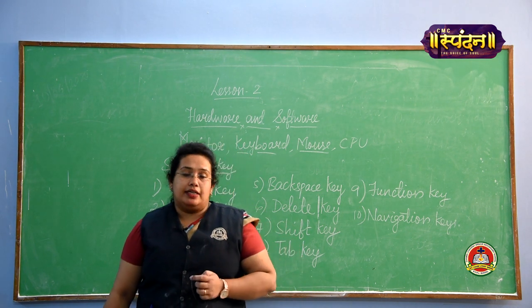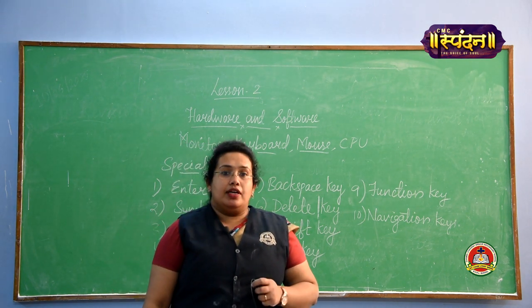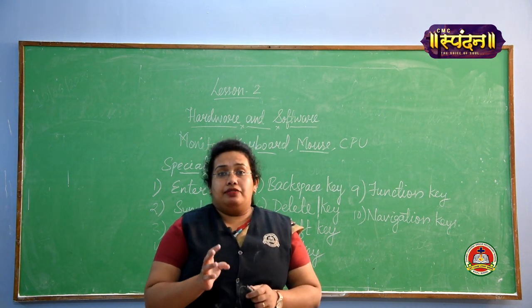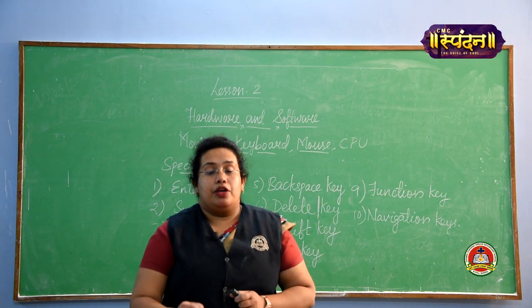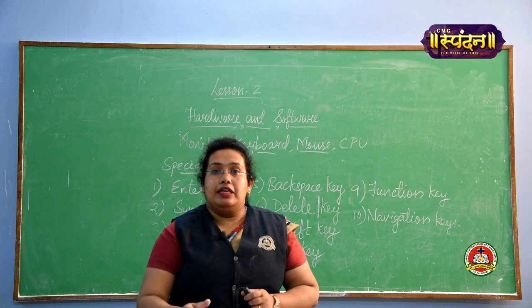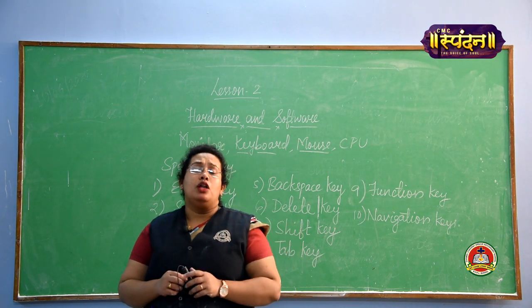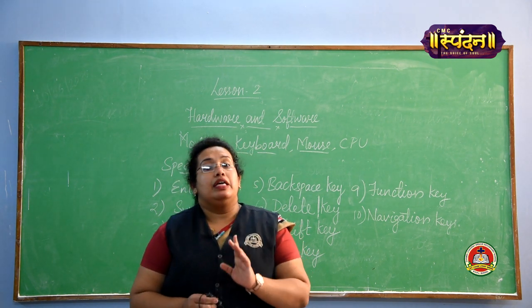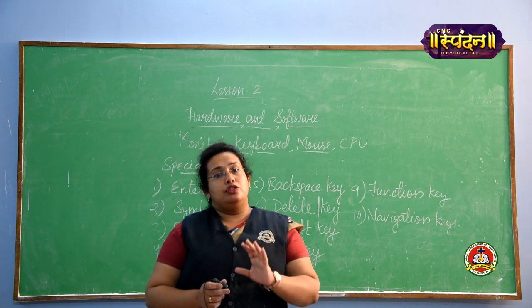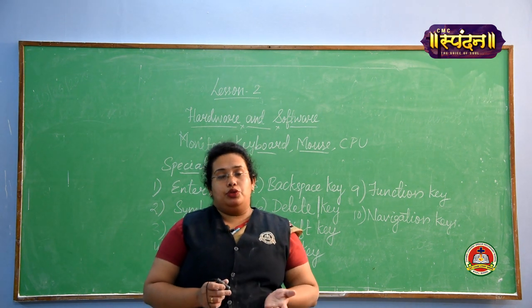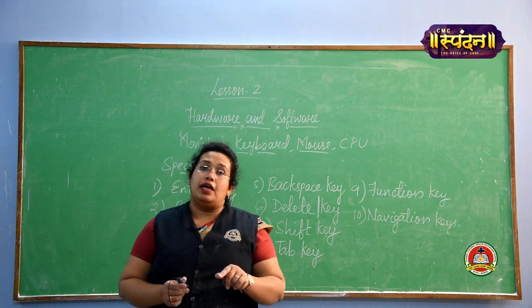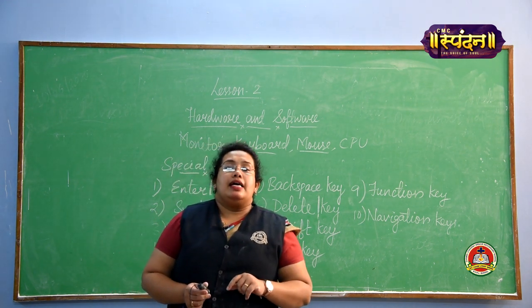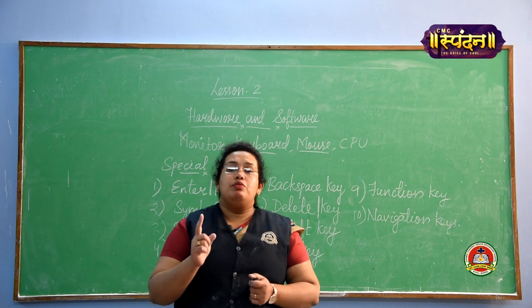Now we will move to the next part, that is application software. Application software consists of a program which does only particular tasks. We have different types of application software: Microsoft Office, MS Paint, any game or MS Excel, all this comes under application software because it performs only particular tasks. If you want to paint, you will open Paint and do painting on a computer, but if you want to type you have to open WordPad or MS Word. That is why we call it application software, because it performs only one thing.